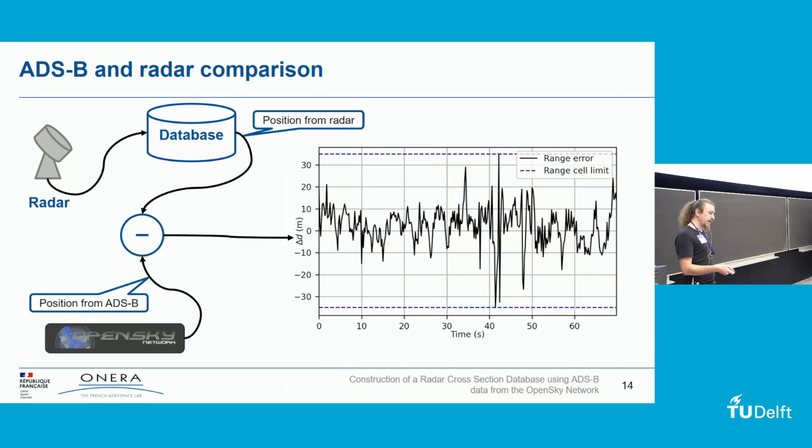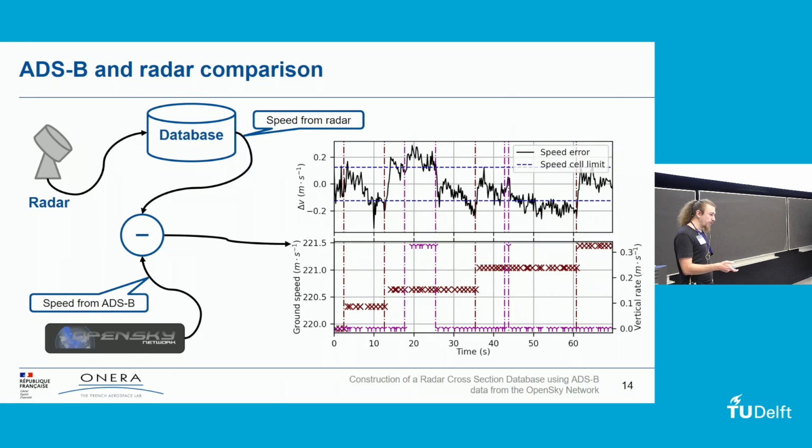You can see that ADS-B data and radar data are in good accordance. They are very close, which means that the ADS-B data are quite accurate. For our use case, we could even, I think, just blindly trust the ADS-B distance we get, since it's always in the same range cell as the one we have measured. For speed data, it's a different story. We see that